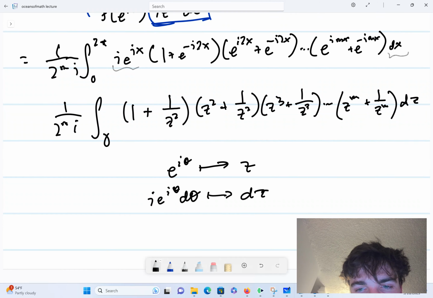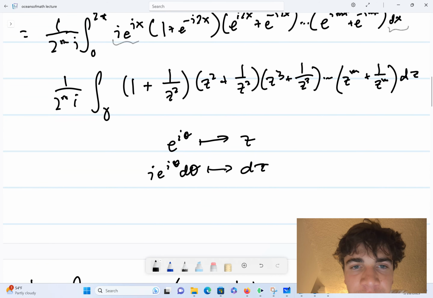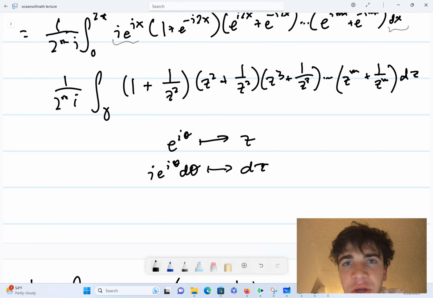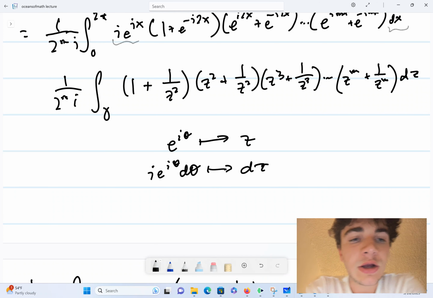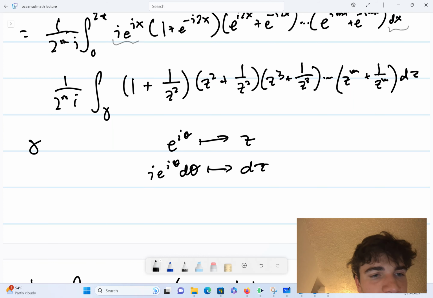And yeah, I guess I'm using theta instead of x, but hopefully you understand the idea of what I'm getting at here. And so now I just have a line integral of some meromorphic function in the complex plane. And we know that the line integral over a closed line, which in this case is the unit circle, gamma is the unit circle,